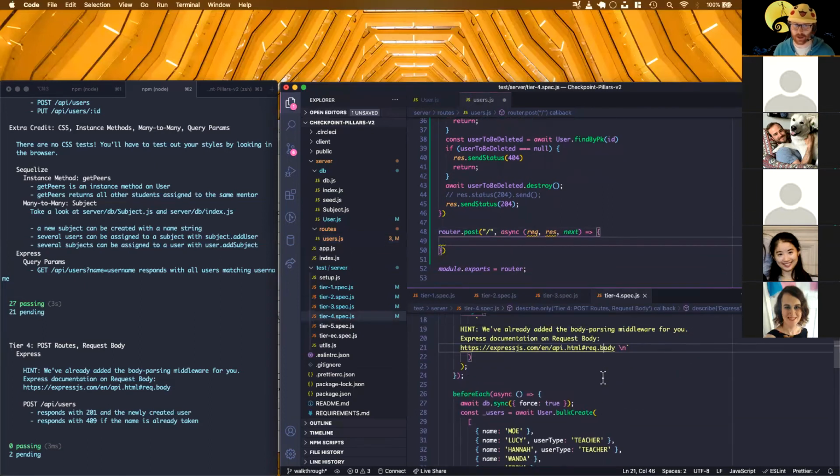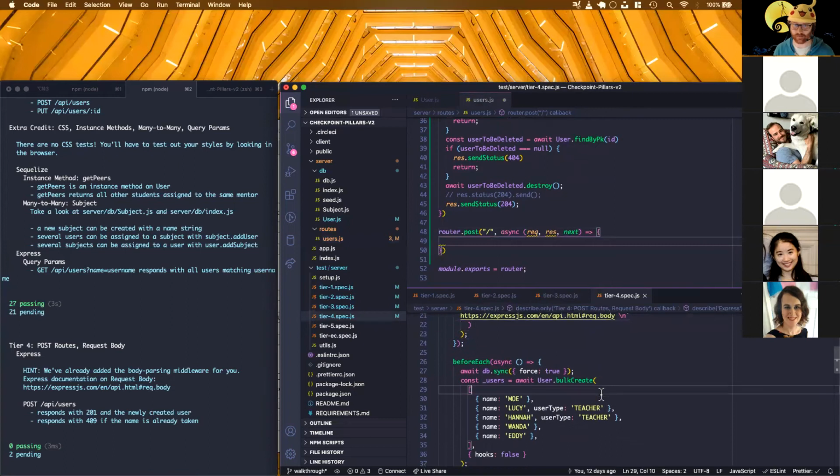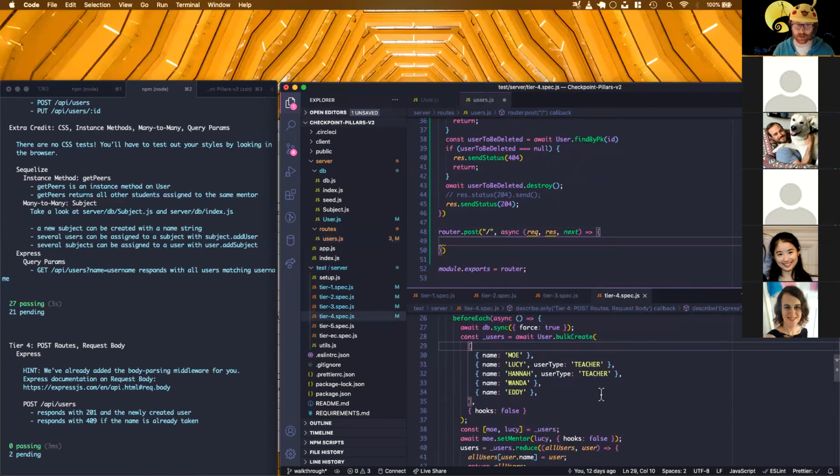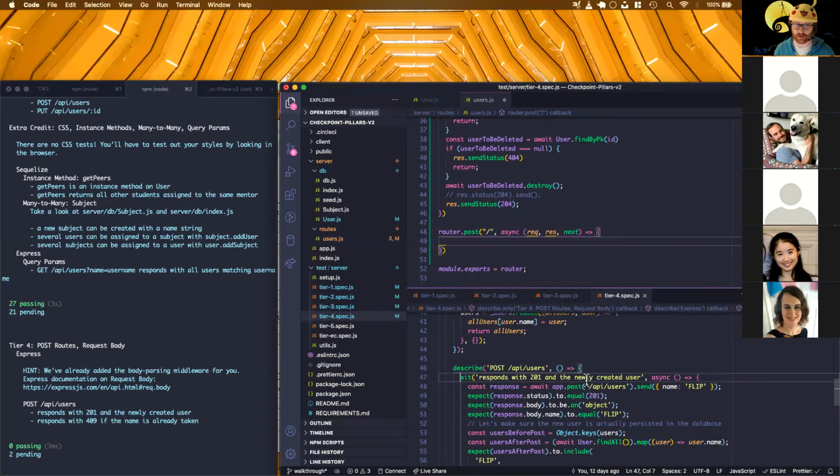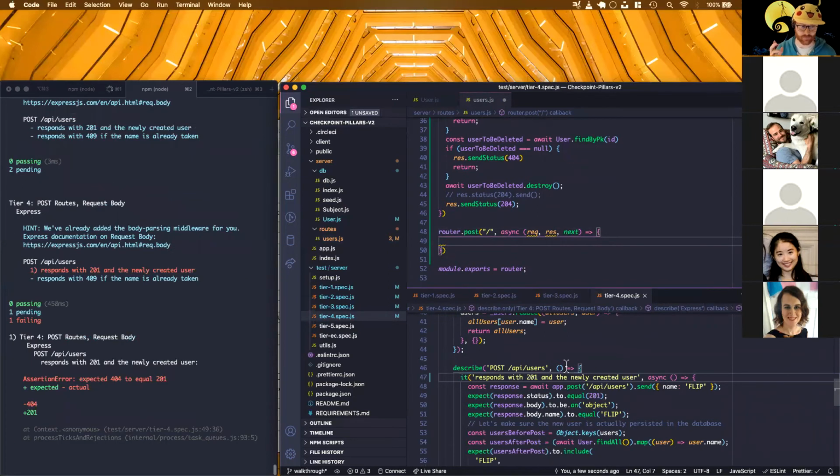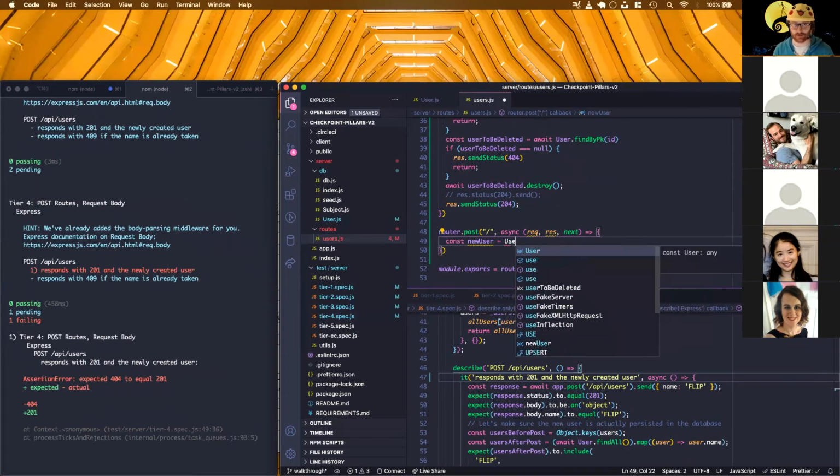So here's the idea. What we want to do is make sure we can access whatever's in req.body and try to create a new user. And if we are successful in creating a new user, we want to respond with 201 and the newly created user. So here's what we'll do. We'll say const newUser is equal to User.create,